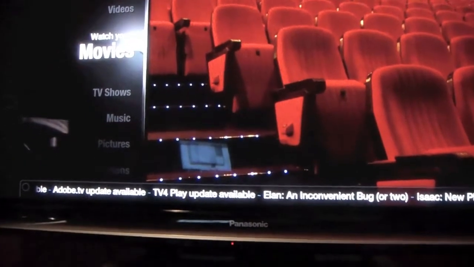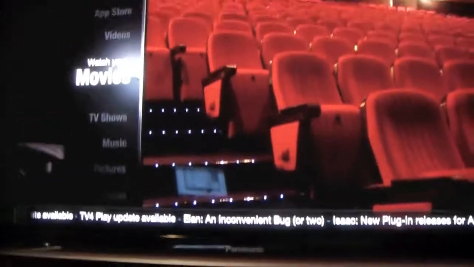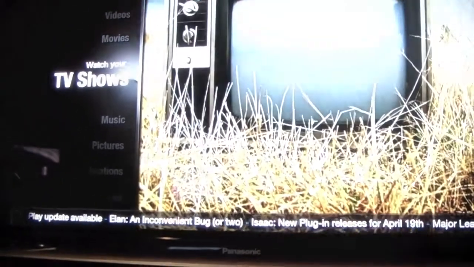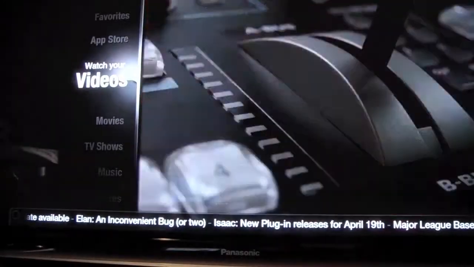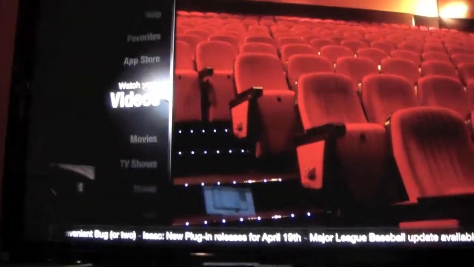It's up at Best Buy. I think it's like $1,400, something like that. But this was about $2,000 when it came out last year. Really high-end TV. A lot of people love it. High reviews. But what I'm showing you here is an interface that runs on top of